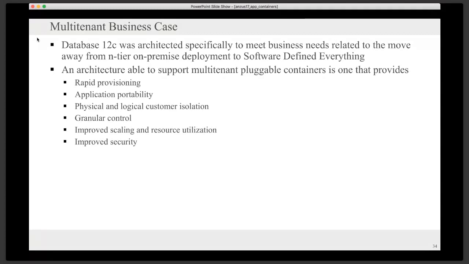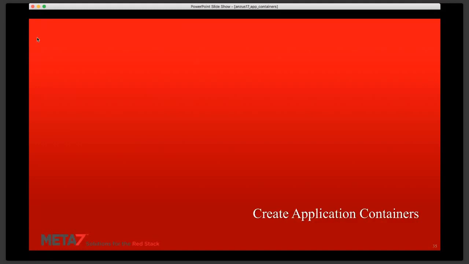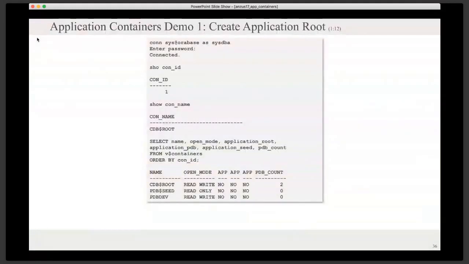Let's go to the next slide and talk about creating an application container. I've given you enough setup. Now let's talk about actually building one. And at this point, the PowerPoints are here only to provide source code. So my first slide is demo 1, and it says create an application root, and I'll explain what it's doing. I'm logging on as sysdba,